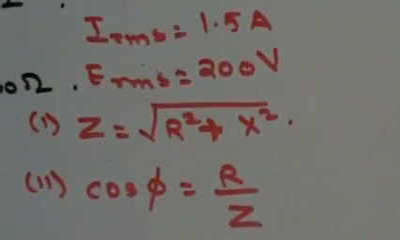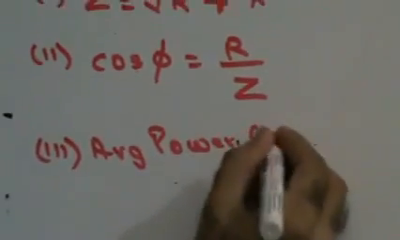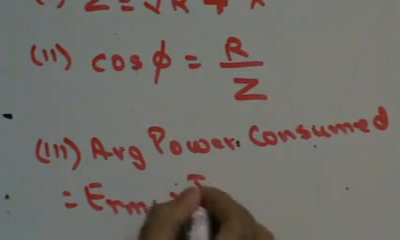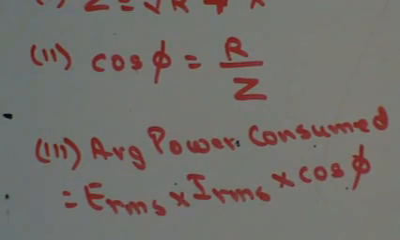Third, they've asked you to find out the average power consumed. Average power consumed is ERMS into IRMS into cos phi. Cos phi you've already found out. You should be able to get the answer for this. The answer for this sum should be